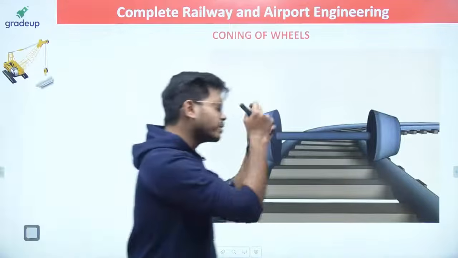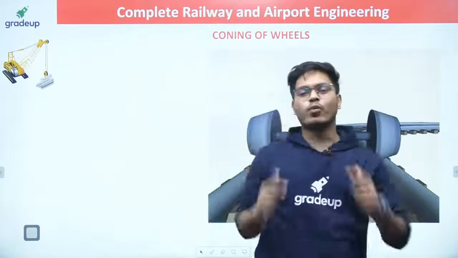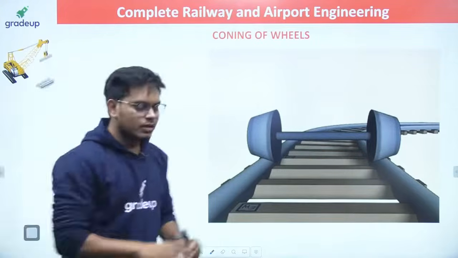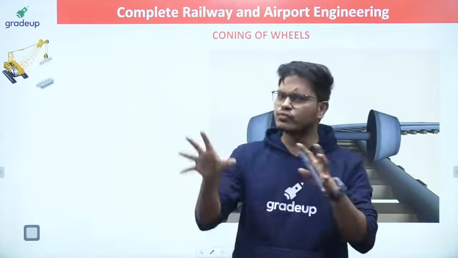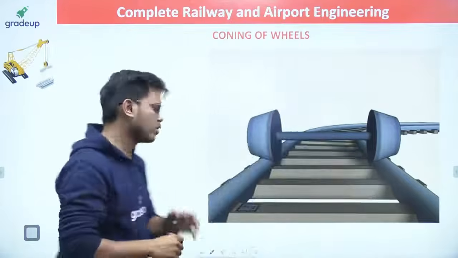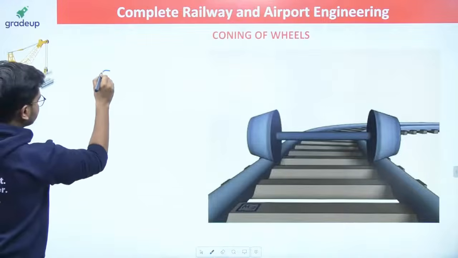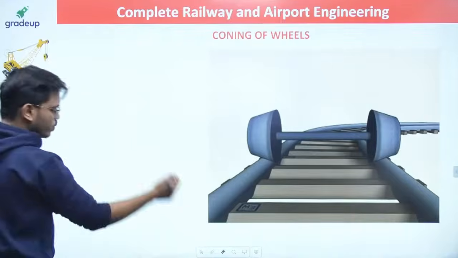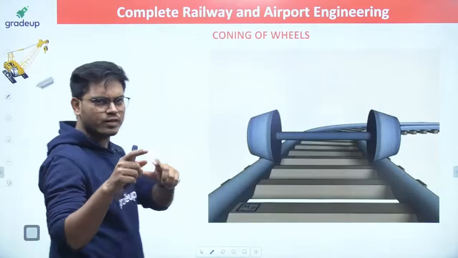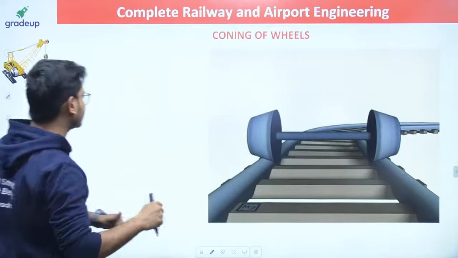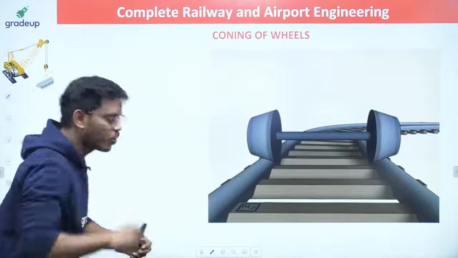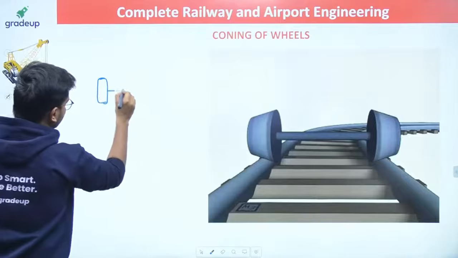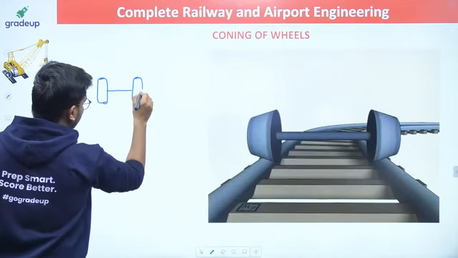Oh, this is the most favorite of all. Bhaiya, coning. What is the coning concept? Coning of wheel. Why are we doing the coning? So guys, we have seen vehicles like cars, right? In a car, the tire is something like this. Since I am not at my house, I can't show you, I have two cars, one Desire and one Honda City. Not the real ones, the small ones, right? So see here, the car tires are something like this.